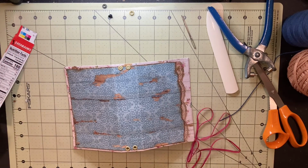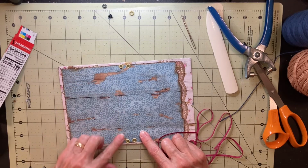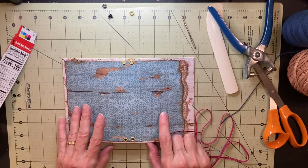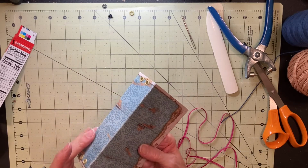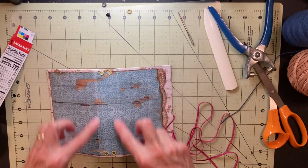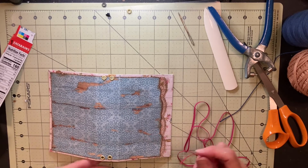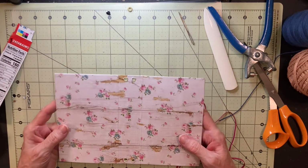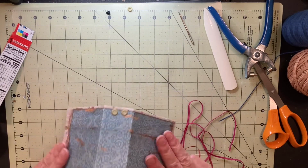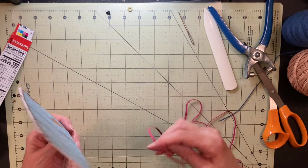So, okay, and it looks like my paper. This paper, I've been really disappointed in it. It's a nice paper and I like the design on most of it. But it seems like it wants to crack when it's folded. See how that is right there? So I'm probably going to need to put some strips of fabric there to reinforce that and keep it from breaking like that. This side doesn't seem to be doing that. And maybe it's because it's folded in instead of out. Anyway, we'll go ahead and thread the